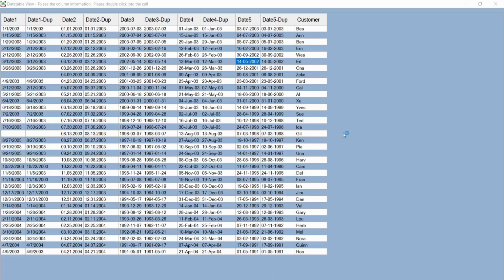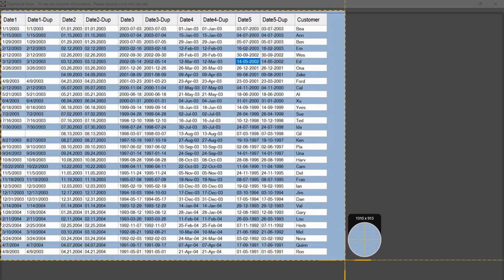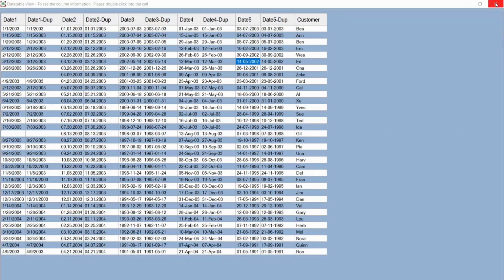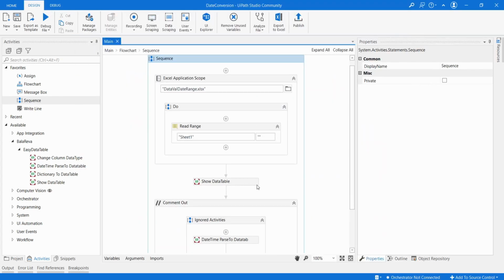Let me take a screenshot of this one because we need to give an input format of the date. So I'll take a screenshot. Okay, I'll close the window. Okay, so first we are going to change the date 2 because we already managed the date 1. We know it's a slash. Okay, now we are going to see how to change the date 2 column. Okay, because it has a different format. It is month point, date point, year.